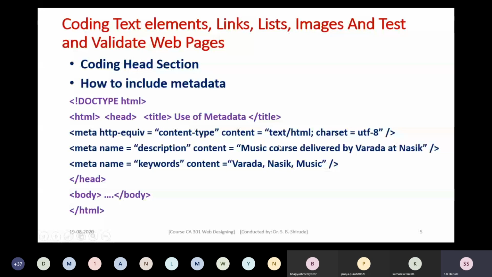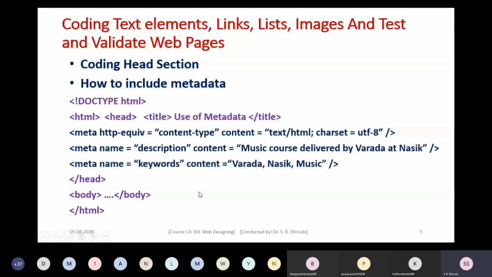And then meta name is equal to keywords, and content is Varda, Nasik, music. Separated by commas, you can specify the words here. So what is the use of this description and keywords? They are very useful for search engines. When search engines are searching a particular web page, they may make use of these values, description and keywords.